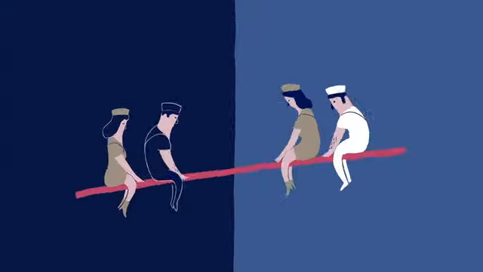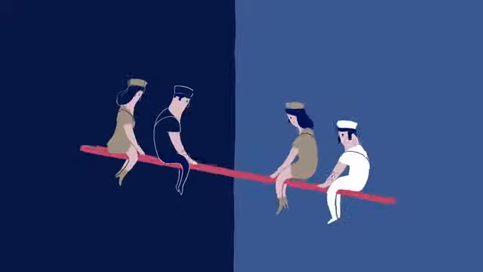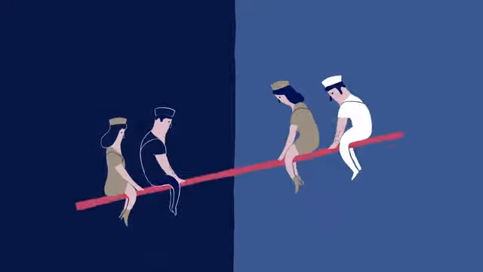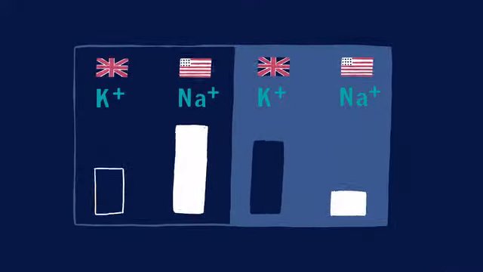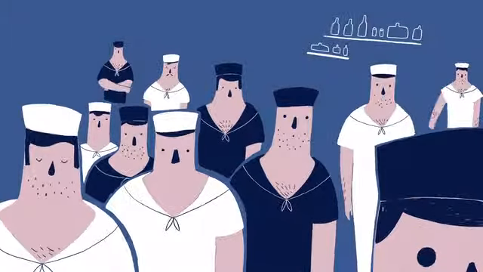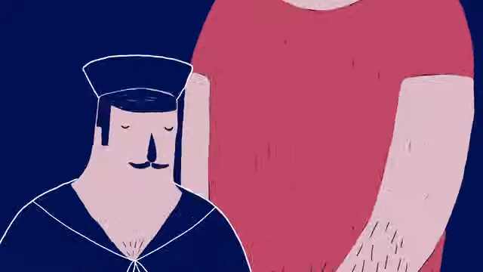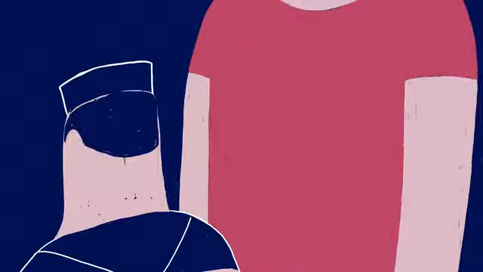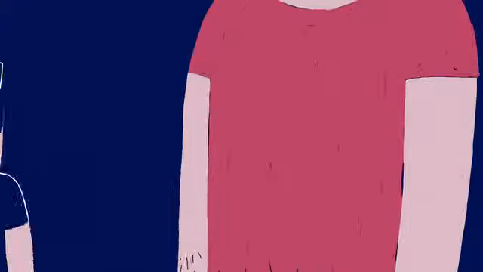The equilibrium potential is all about balance. It's a balancing point between diffusion and electrostatic forces. In our analogy, it's governed by A, the desire of the Brits to balance out their numbers, B, the uncomfortable feeling that they feel when there are too many male sailors in one room, and C, the relative ease with which each type of sailor can move between the 2 rooms. The British can move easily because of the British bouncer, but none of the other sailors are allowed to pass through.